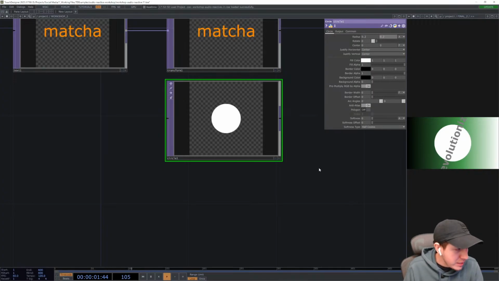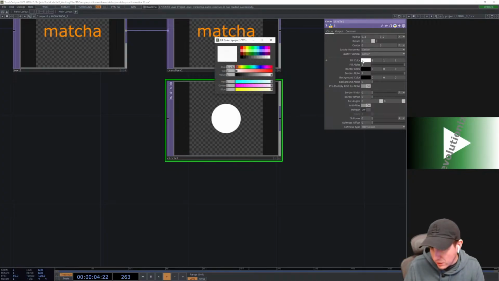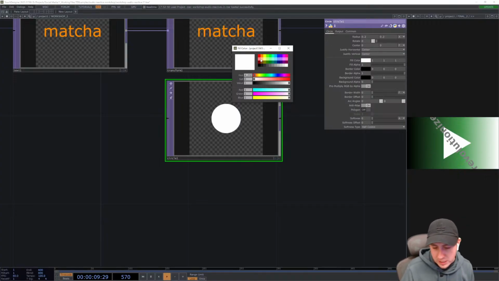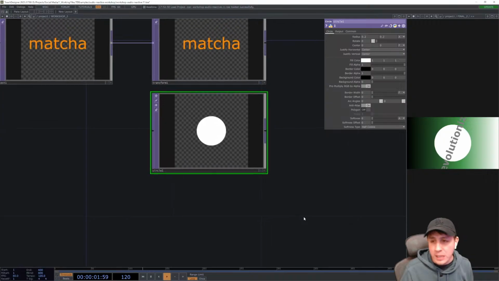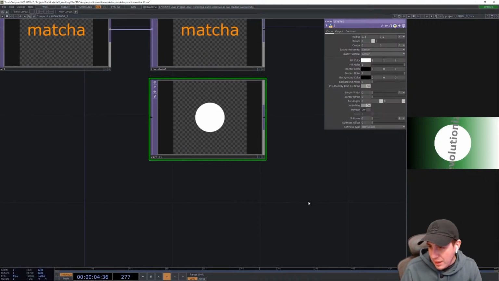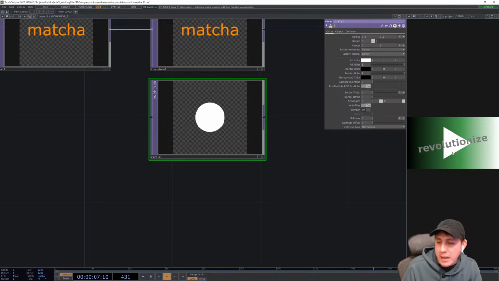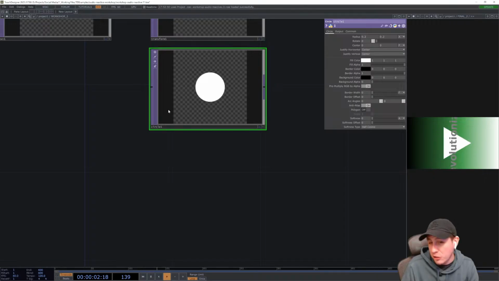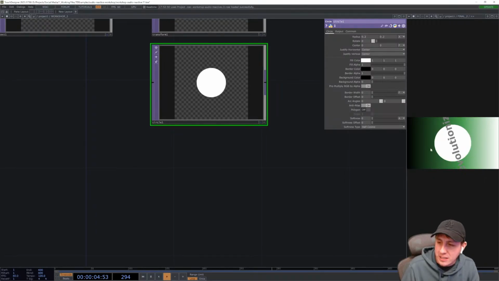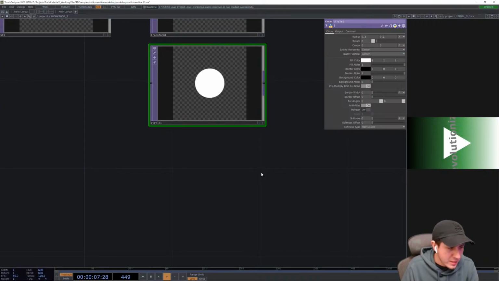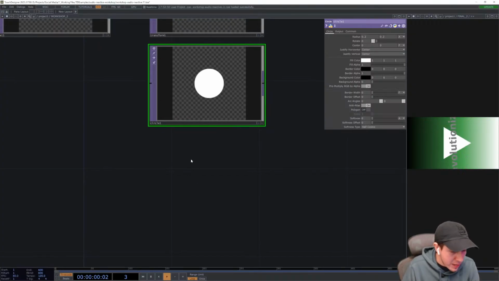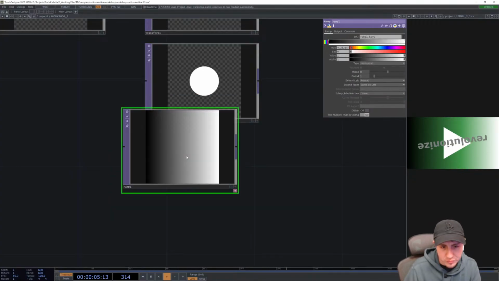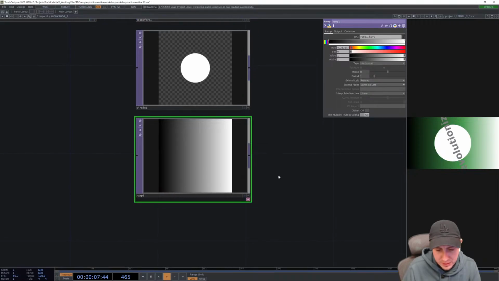And you can make the fill color, this is the color of the actual circle, the shape. You can make this whatever you want. I'm gonna go ahead and just keep it as white for now. And I'm gonna leave it there. And we'll talk about how this goes back and forth between a triangle later on. But for now, we don't need to add another shape. We're just gonna add next this background gradient. So the operator for a gradient is going to be what we call a ramp top. And I like to call ramp the